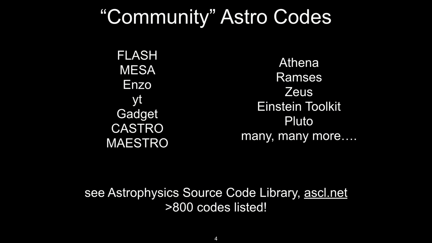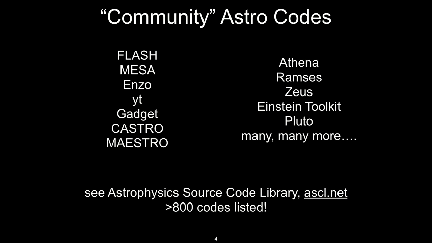Community codes have a long history in astrophysics in particular, and there's a long, long list of what I would dub community codes at various levels, with very small communities, a few users, up to very, very large, very diverse, very disparate communities. There's a website, the Astrophysics Source Code Library, and they have over 800, it might be now over 900 source codes listed of open source codes that are used for astronomy and astrophysics. And these codes range from complex simulation codes, like the things that Dean was talking about and then I'll talk about, to analysis codes, things that are used by observational astronomers even for reducing and analyzing observational data.